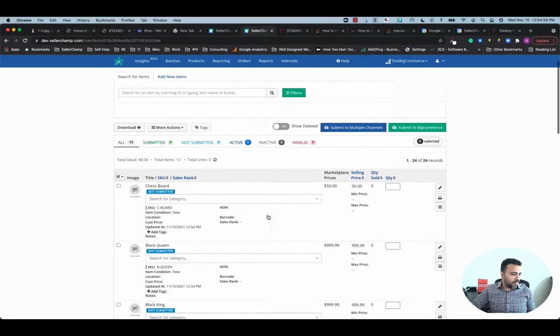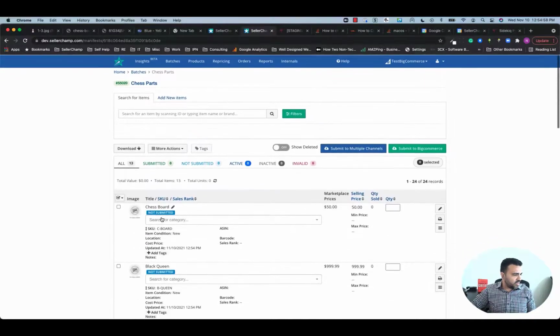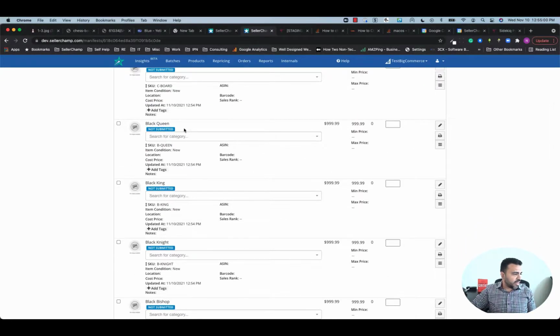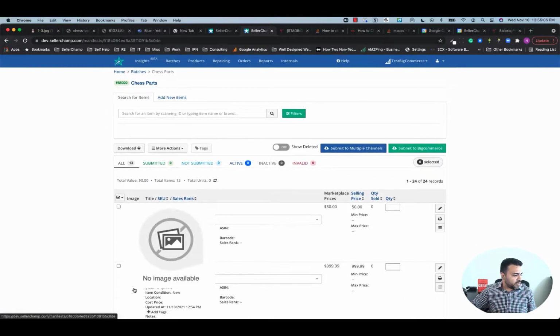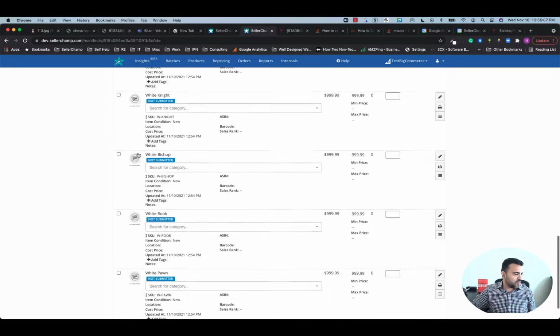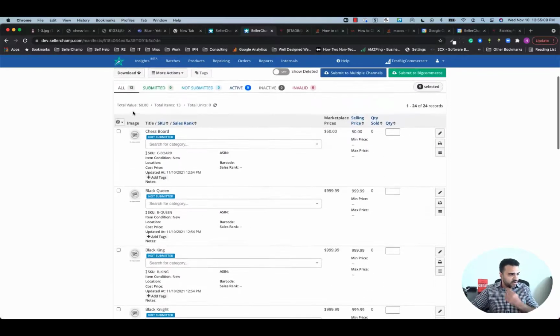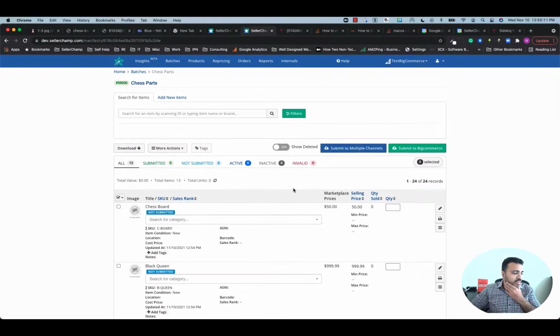Okay, so the parts have been uploaded. As you can see, we've got the chessboard, the black queen, the black king, black knight, and so forth. I could have uploaded pictures as well, but I just decided not to for this demo. It's not necessary. Okay. Now that the parts are here, the next step is we can start to upload our